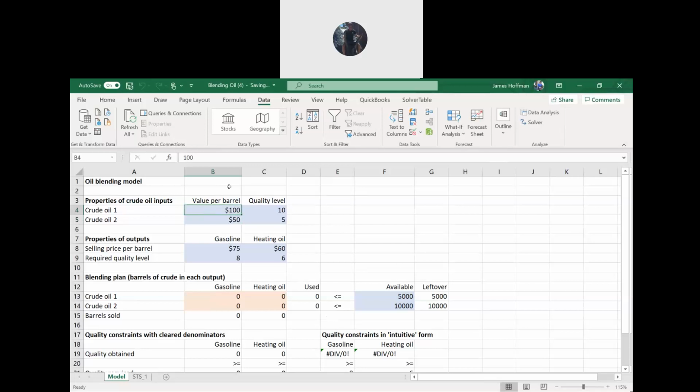So see, if this went up to 100 and nothing else changed, we just sell that back, all of it, all 5,000 at 100, and the rest of the crude oil too, and nothing of the heating oil and gas. So you have to check the price of the bulk prices, and if you're